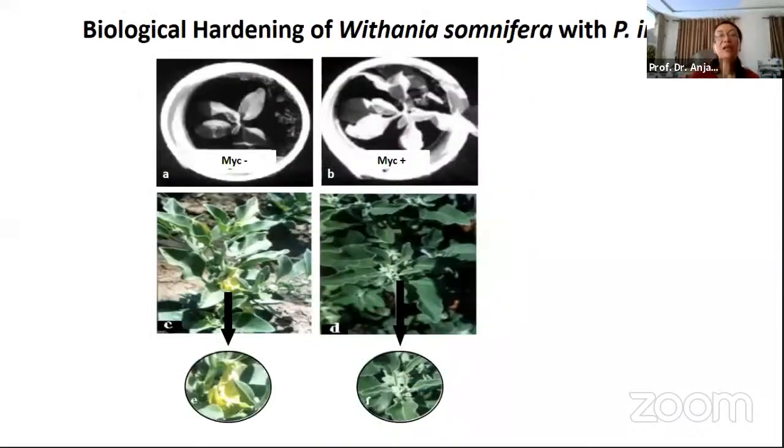Now, when we say biological hardening, here is Bacopa monnieri, a medicinal plant. You all know that. Here we have shown mycorrhizal and non-mycorrhizal plants: AMF negative is non-mycorrhizal, and AMF positive is with mycorrhiza. You can see the differences here. It has a very good